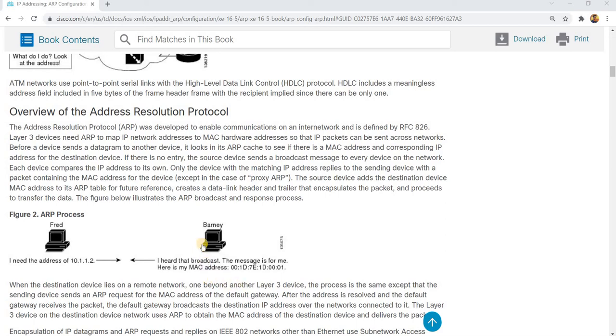In this video, I'm going to talk about ARP, or Address Resolution Protocol. And here's an overview. The Address Resolution Protocol, or ARP, was developed to enable communications on an internetwork and is